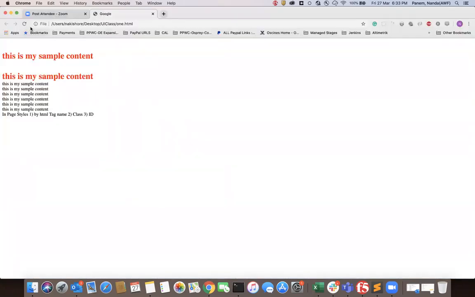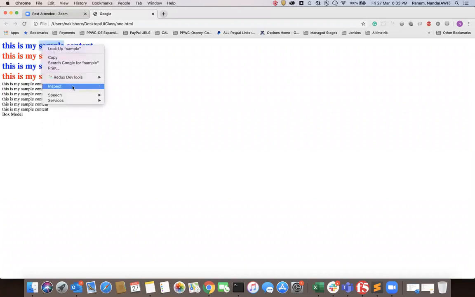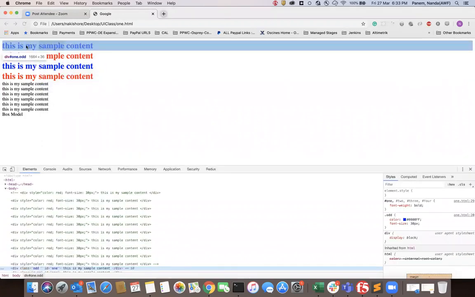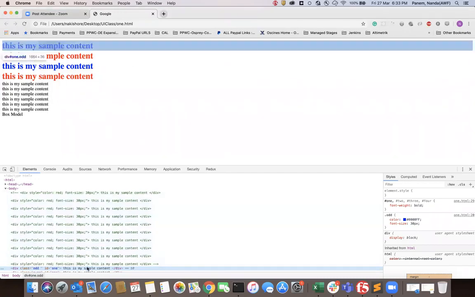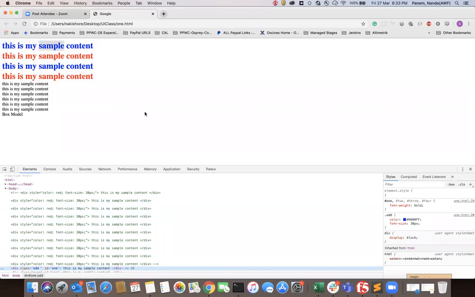If you inspect this element, what you are getting, this total row, is going to be one concept. So this is a rectangle, correct? As of now, it is a rectangle. How the content is placed in a rectangle, or how the content is placed on an HTML page, we are going to call the box model. In the box model, we are going to have a couple of concepts. So how can we see this? We can see the box model example here.